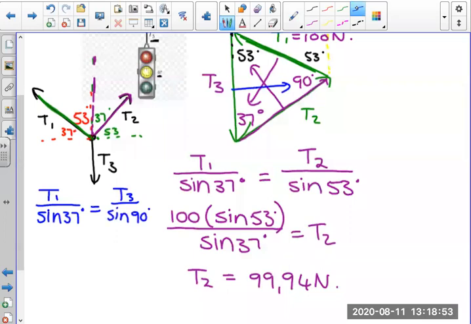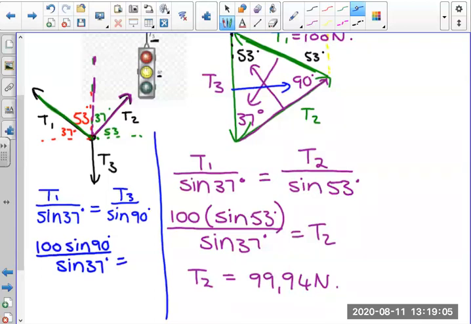T1 is 100, so I can say 100 sine 90 divided by sine 37 equals T3. So T3 is going to give us an answer in newtons of